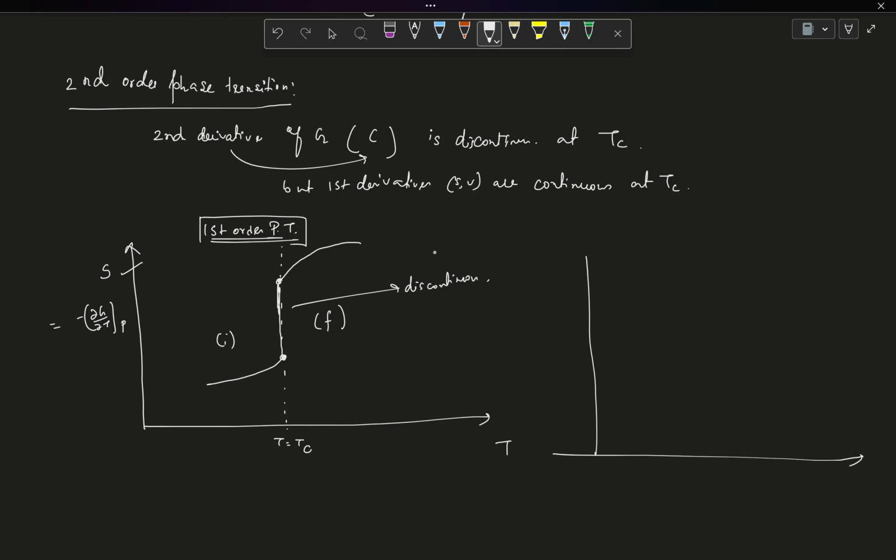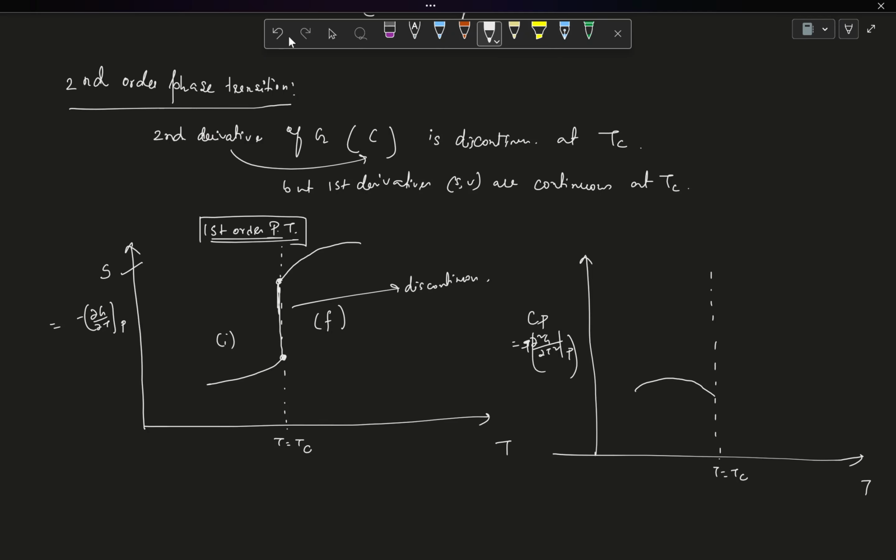So the second derivative of the Gibbs free energy, which is specific heat, which is like minus T times del 2G by del T2 at P constant, versus T if you plot. So this is the phase transition point T equal to Tc, and here it will be like,